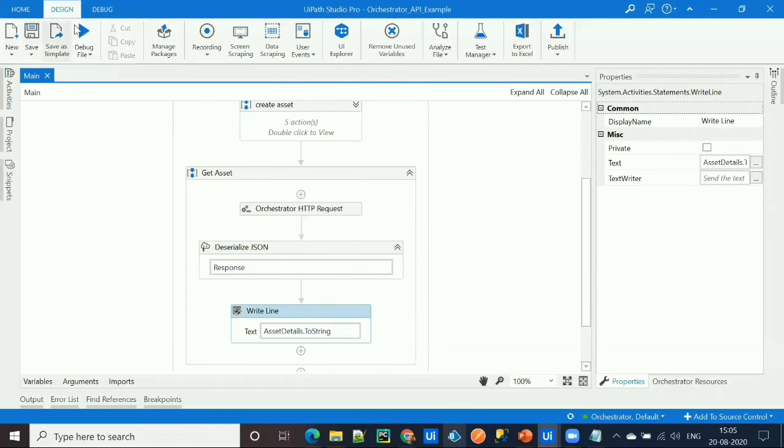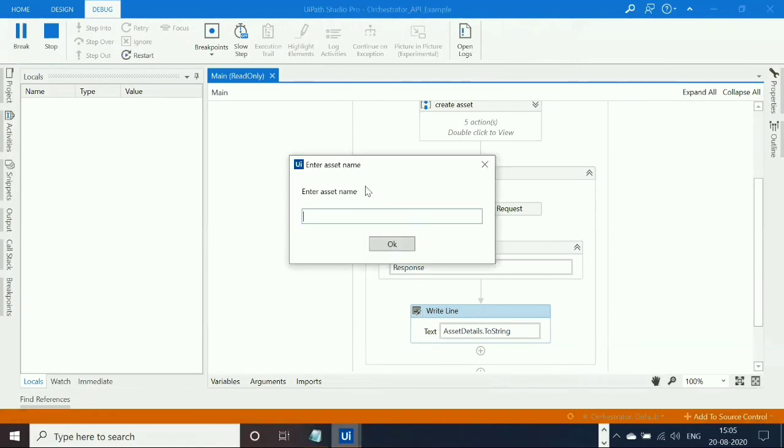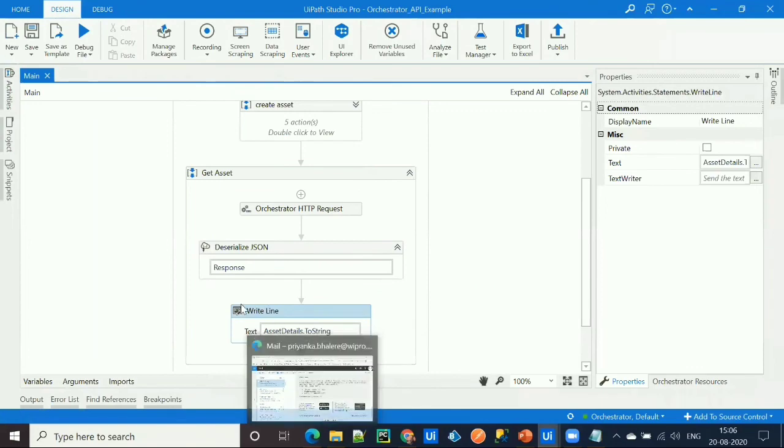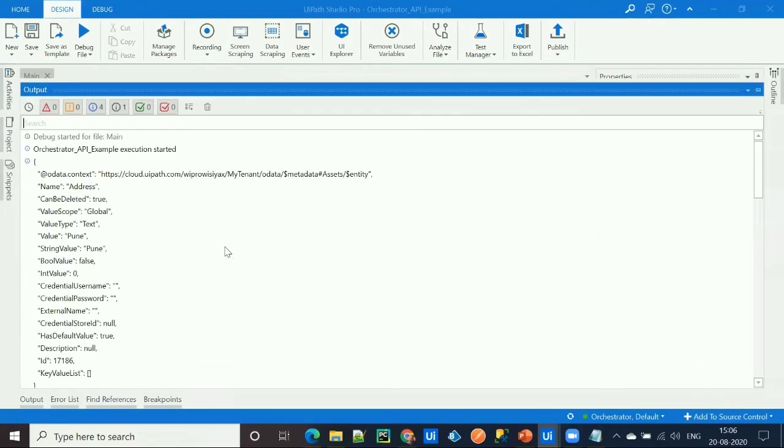So simply I'll run this workflow. It will again ask me to enter an asset name to create. So this time I'll enter, let's say, address, and I'll enter Pune. And now it will provide me all the asset details in my output section.